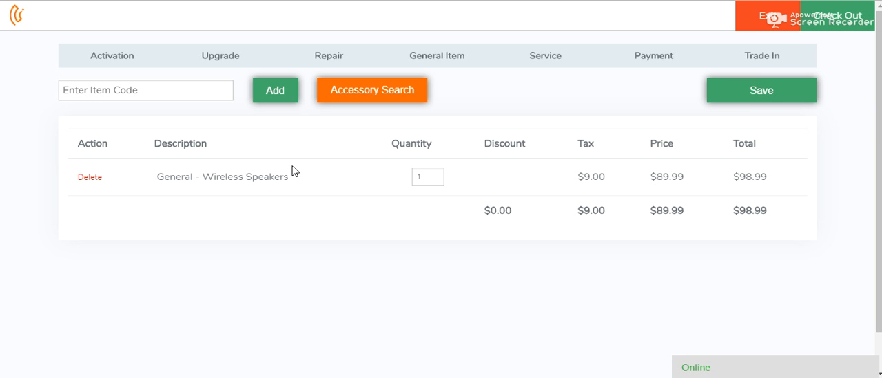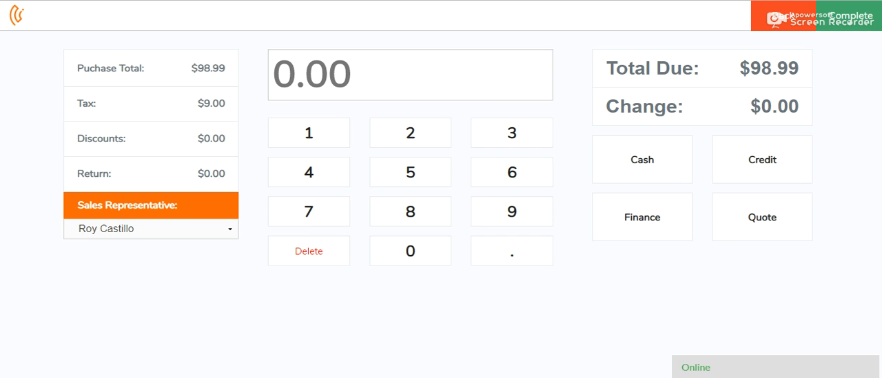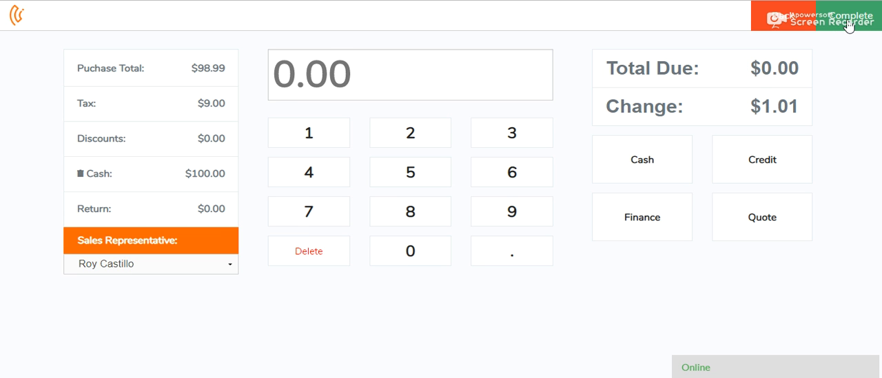Once you've taken a look at the preview of your invoice with the description, the quantity, the discount, the tax, the price, and the total, if everything's looking sharp and good, you're going to want to go ahead and select Checkout on the top right. Now we're going to go ahead and charge the customer. It's going to be $100 cash, and we're going to hit Complete on the top right,